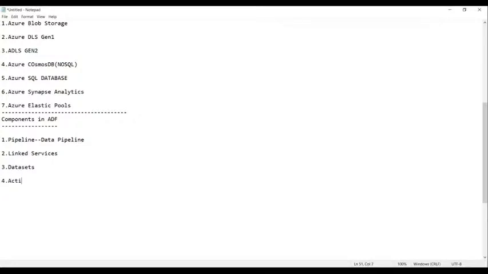The next one is activities. Then data sets, activities. Then we have the next one, triggers. Then mapping data flows.